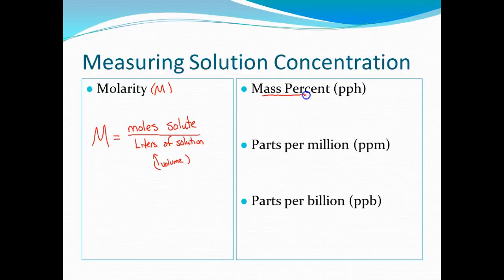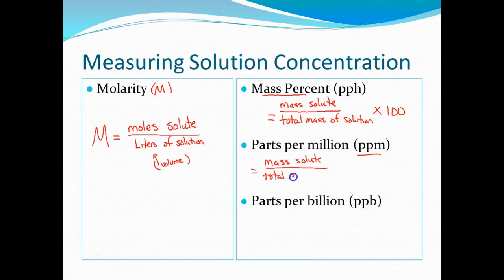We may need to change grams into moles using the molar mass. Mass percent is another method of measuring solution concentration. Mass percent is equal to the mass of the solute divided by the total mass of solution times 100 to give me a percentage. Parts per million is another method that you may have heard of to measure concentration. That is simply the mass of the solute divided by total mass of solution